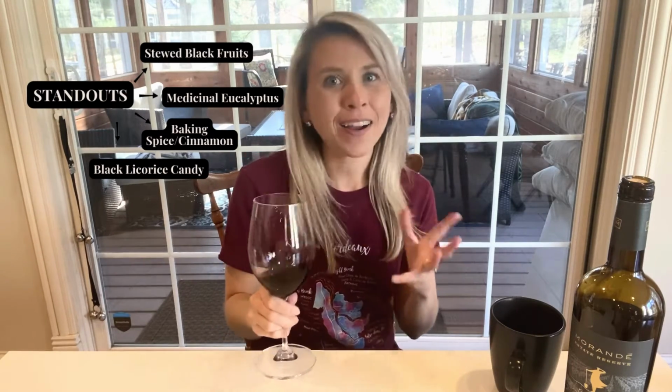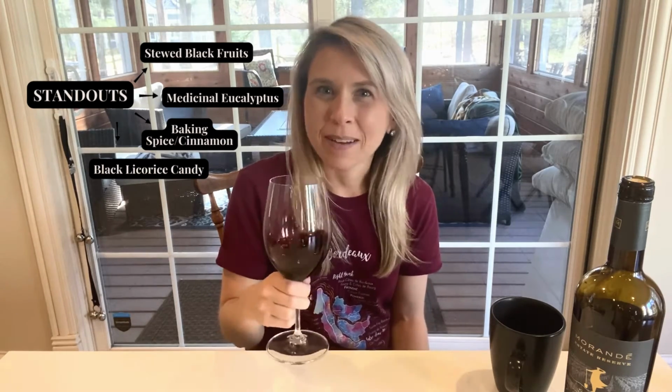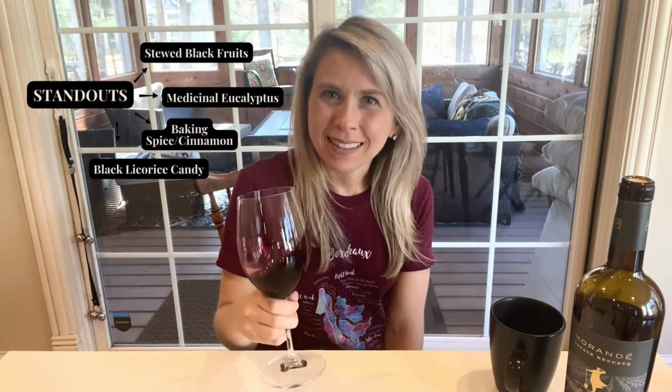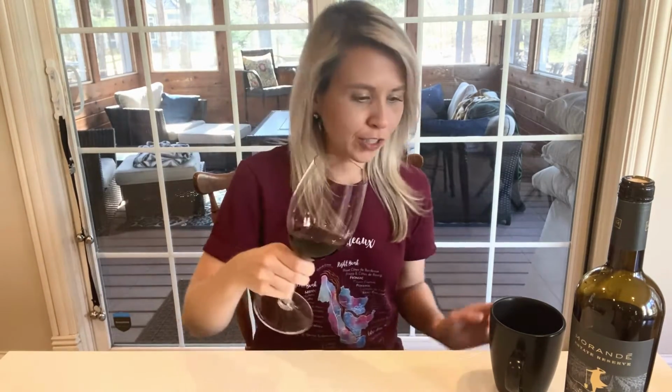Standouts: the stewed black fruit, the black licorice candy. This is almost herbal, slightly medicinal. And then the kind of cinnamon spice, sweet vanilla thing going on with this wine. Okay, let's talk about this wine's structure. So on the palate,